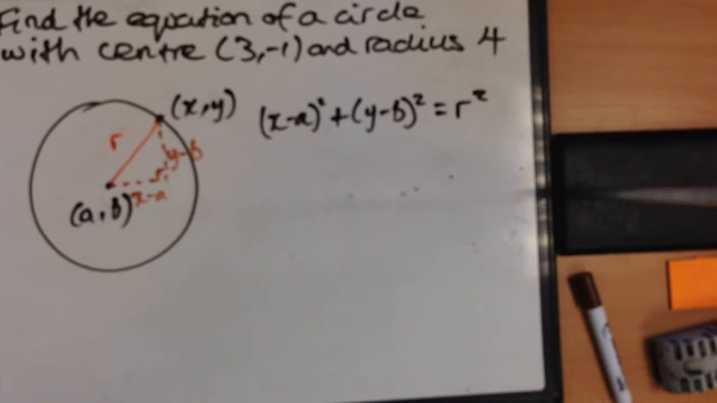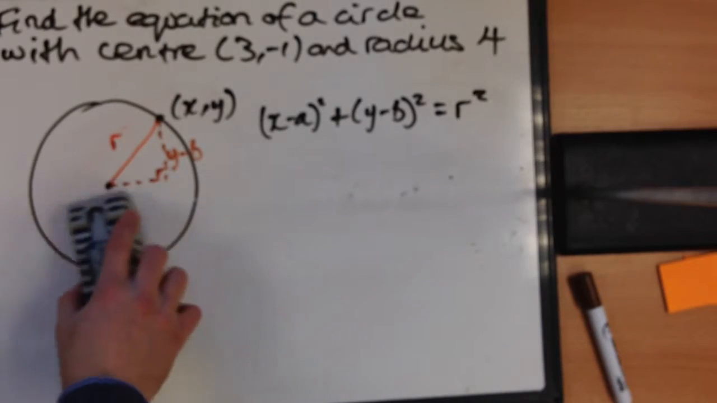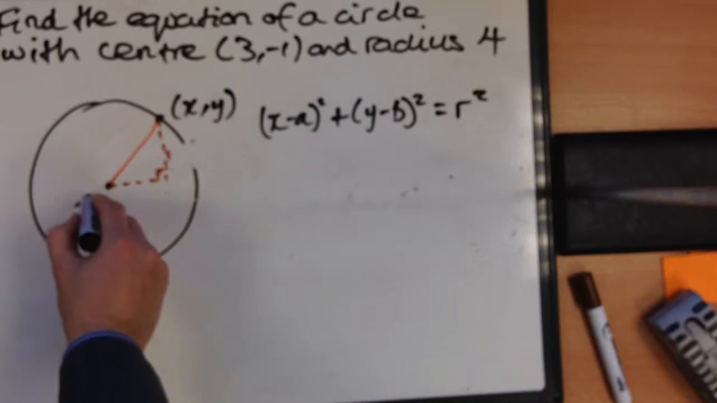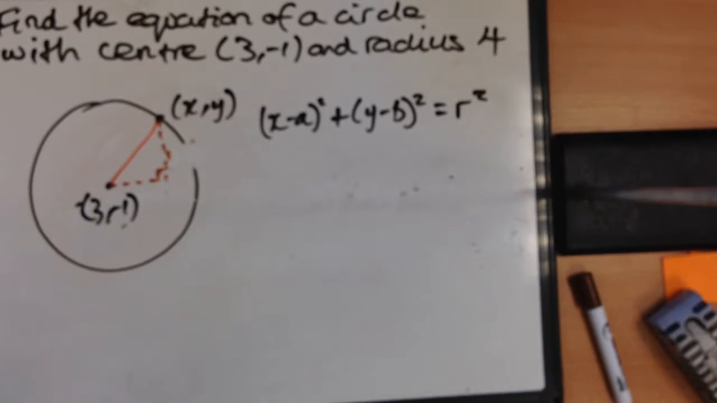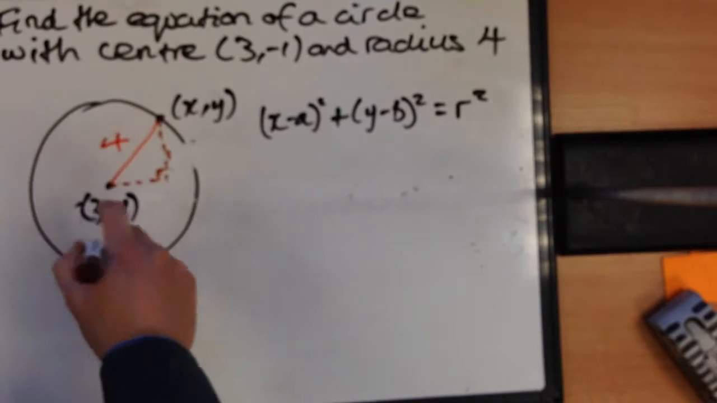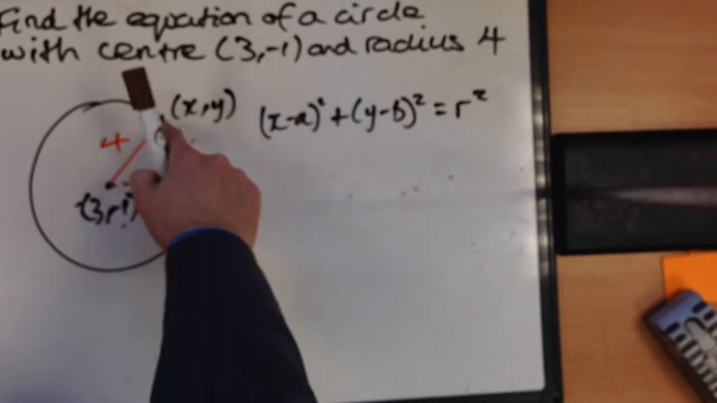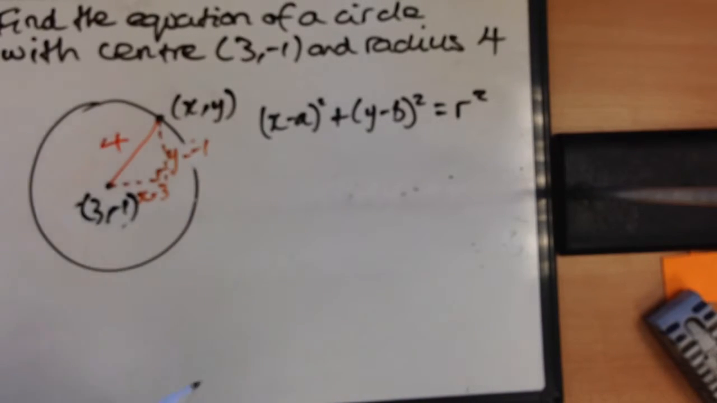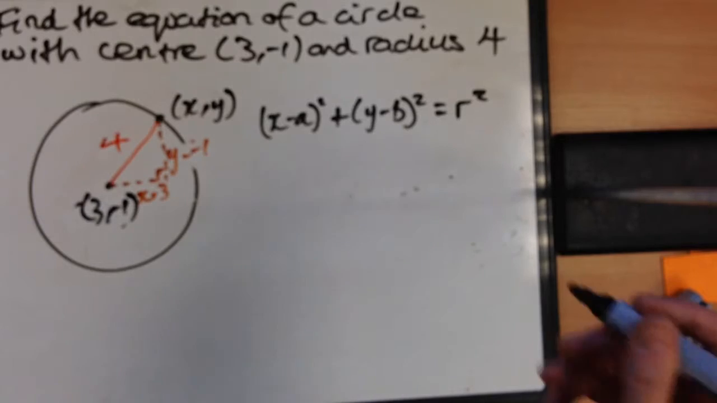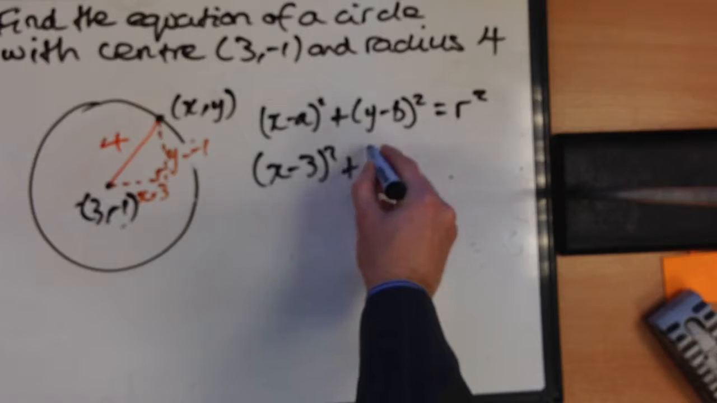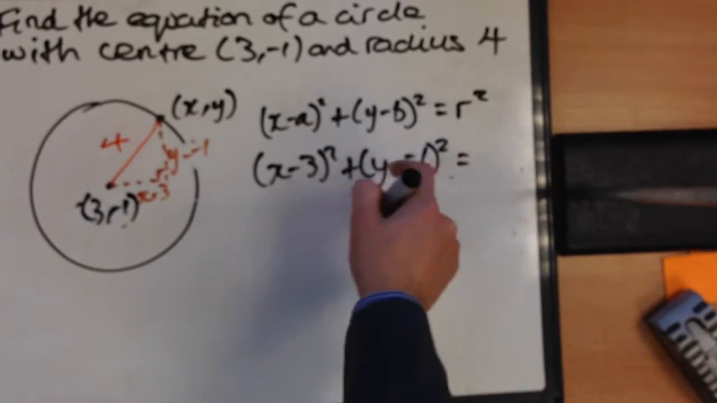Applying it to our question, we could redraw the whole situation again, get rid of those values and swap in what we've got. The centre is 3, minus 1 and the radius is equal to 4. Putting my lengths on the little right-angled triangle here, this distance is x minus 3 and this distance from here to here is y minus minus 1. Obviously we can write that a little bit better, but not for the time being. So, joining it all together, we have (x minus 3) squared plus (y minus minus 1) squared is equal to